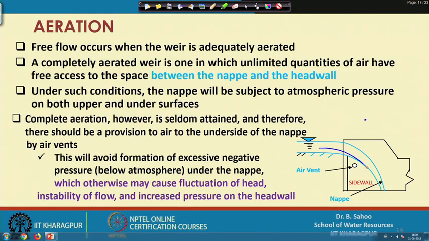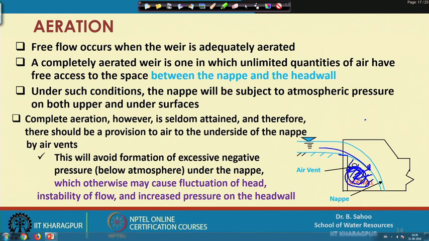You can see this figure, this is the nappe, we call it nappe. So, the discharge occurring from the crest, and you will get some negative pressure created in this portion. So, if some negative pressure is created in this portion, what happens? Generally this nappe gets sucked towards this negative pressure. So, to prevent that, we generally provide some holes here or aerated holes, so that this negative pressure is minimized